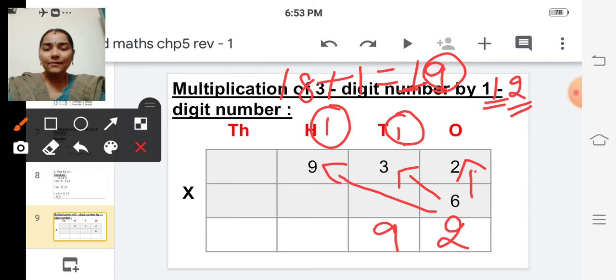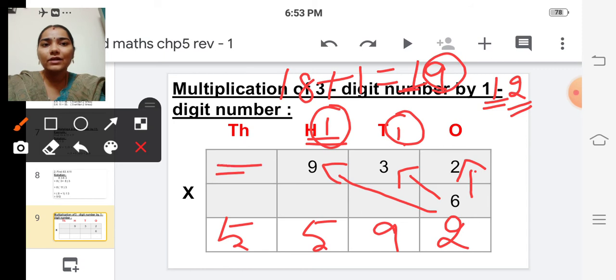6 nines are 54. 54 plus this carried over number 1. So 54 plus 1 is 55. So we have to write 55. Since we don't have any number in thousands place, we can directly write 55. Okay. So the answer is